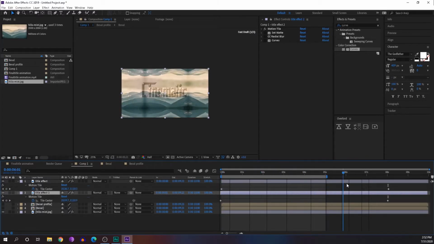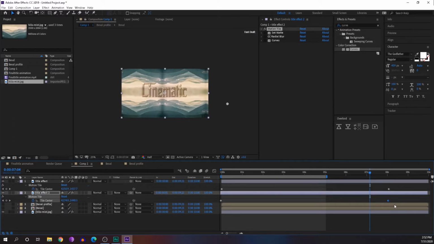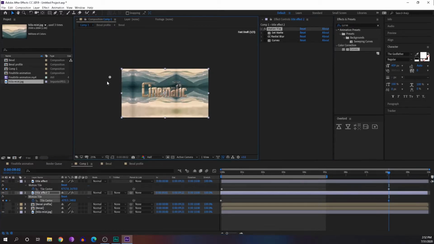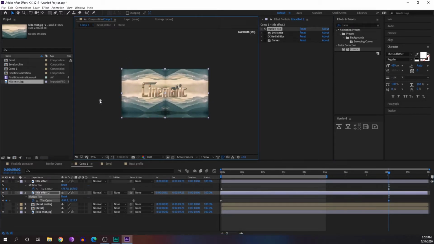If you want to avoid these darkened areas, we'll just delete the last frame, and we can create a new animation.